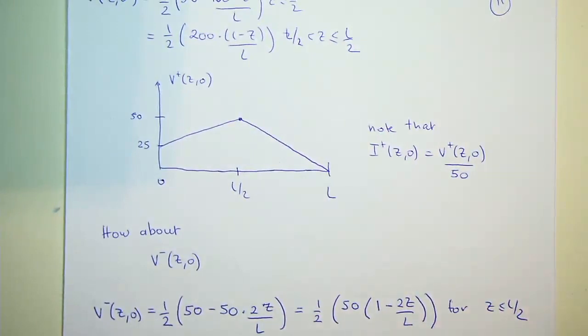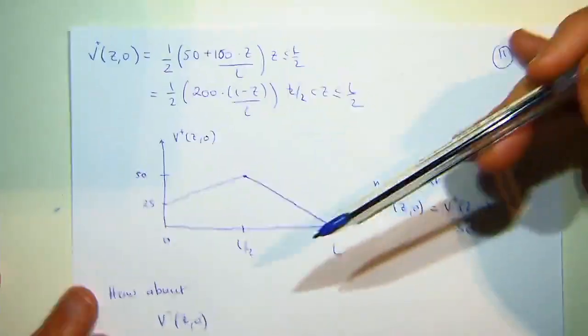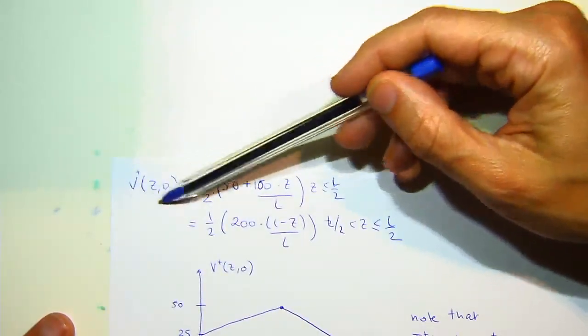All I've done is substitute those equations into my equation for voltage and current as a function of V naught and I naught. So I'm trying to work out V plus and V minus in terms of I naught, V naught, and characteristic impedance. And once you do that, you can convince yourselves that